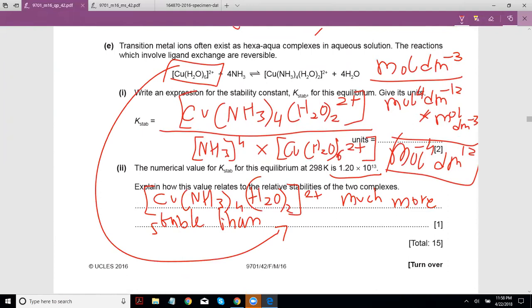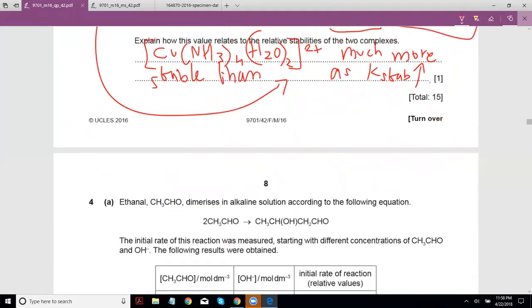So do we have to explain this? We have to explain this. So as K stab is very large, it should be good for 1 mark. And